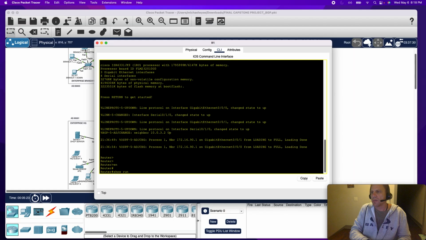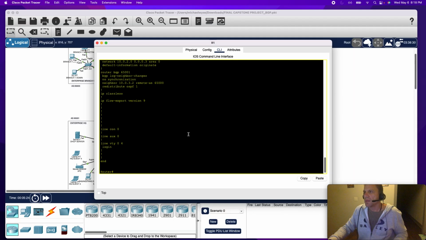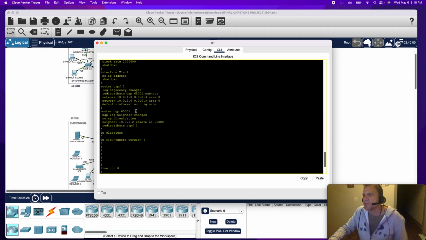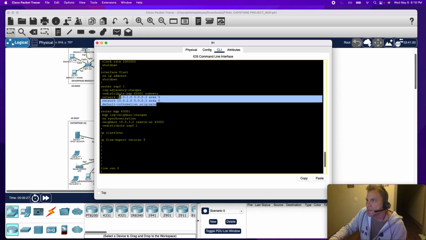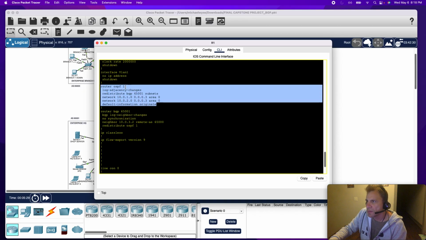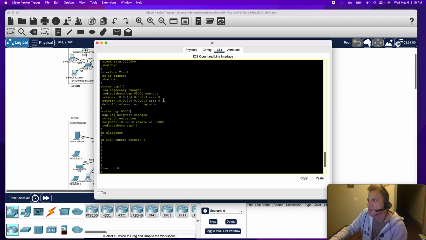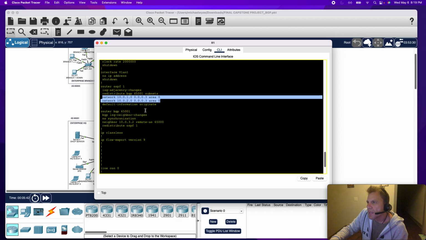So if we do show run, and I'll get down here, this BGP routing. Right in here we have this OSPF, which is what we had on there before. There are a couple commands in here I want to go over because I missed them the first time going through. So in this router where we did the OSPF, here's where we did our OSPF routes for that internal part. And then for the BGP,